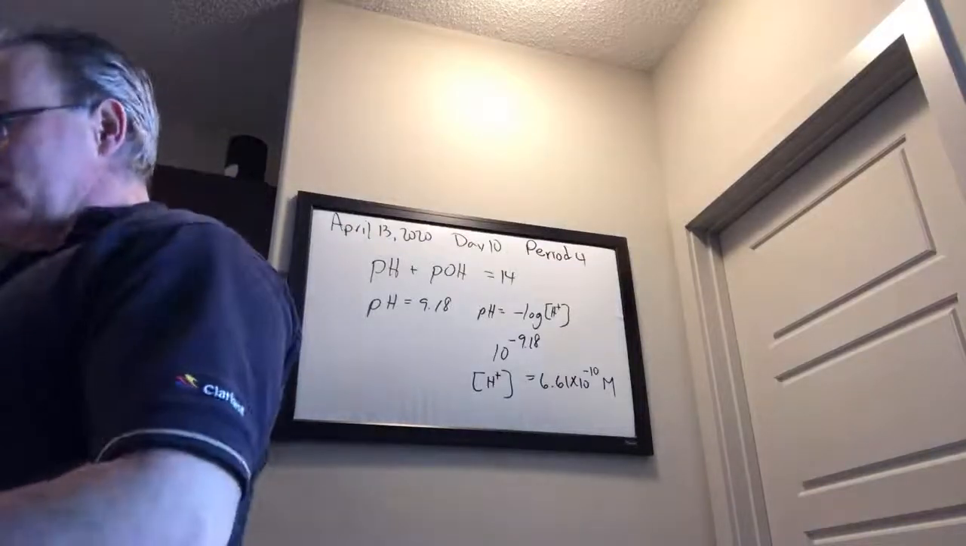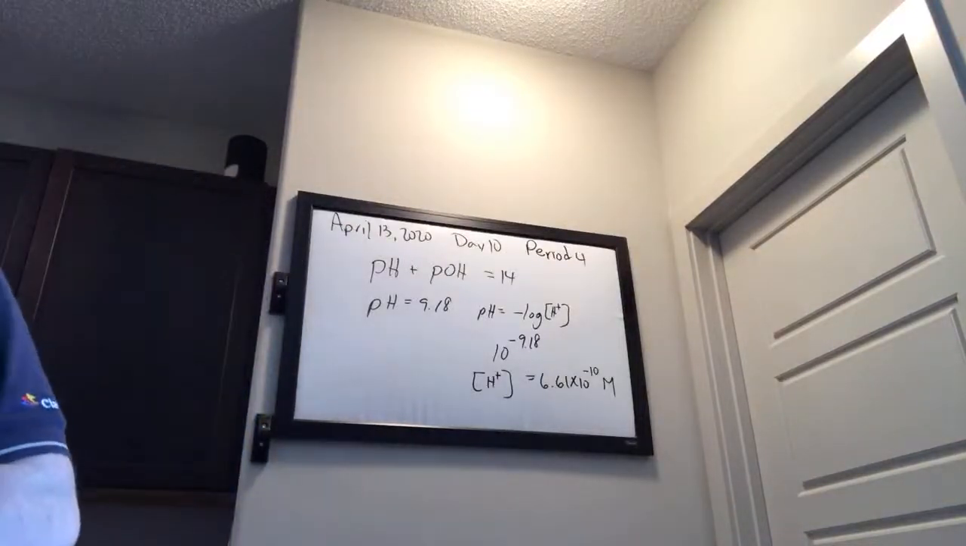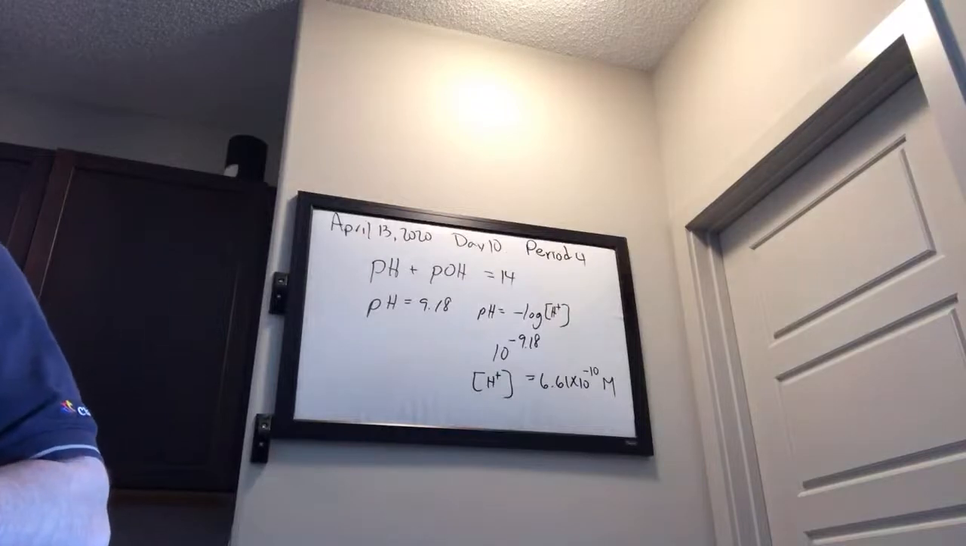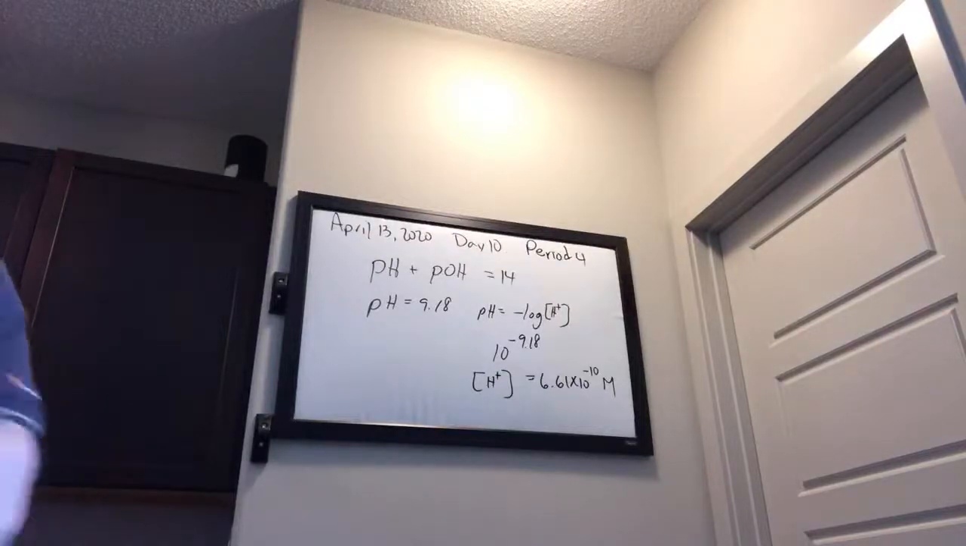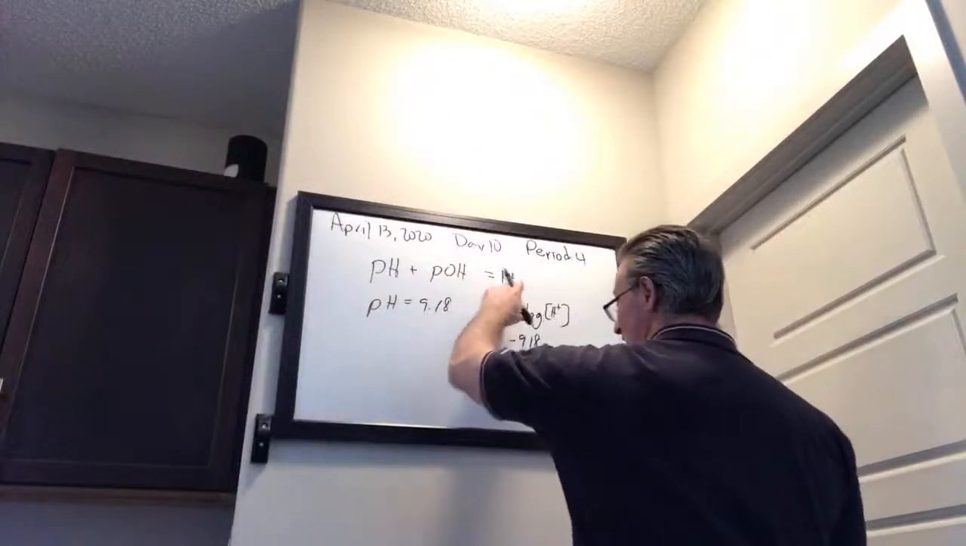Then for the next question, the "Give It Some Thought," it says, if the pOH for a solution is 3, what is the pH of the solution? Okay, well, I just gave you the solution. The answer for that is pH plus pOH always equals 14. So they tell you that